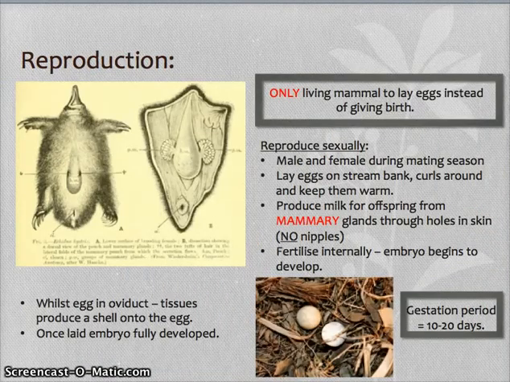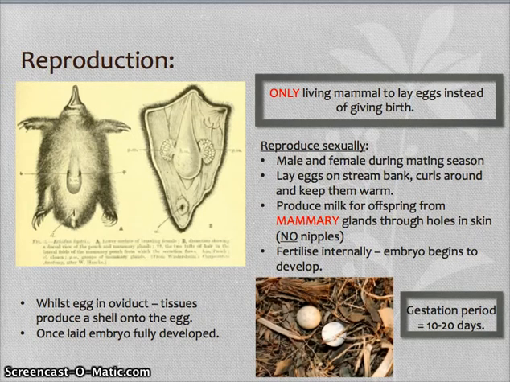Monotremes are very different in regards to reproduction, since they aren't your typical live young newborns from mammals. Monotremes are the only mammal to lay eggs. This reproduction process happens sexually between a male and a female in mating season. They lay their eggs on the stream banks and curl around them, trying to keep them warm. Monotremes produce milk for the offspring from mammary glands through holes in their skin, since all mammalia don't have nipples,